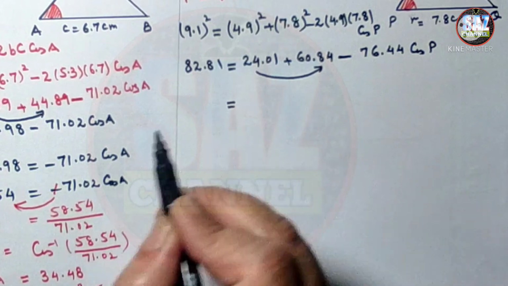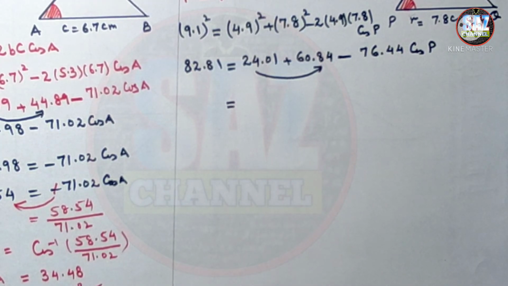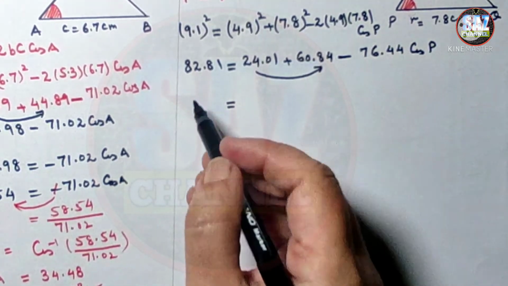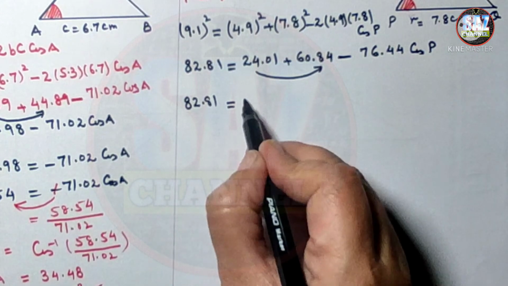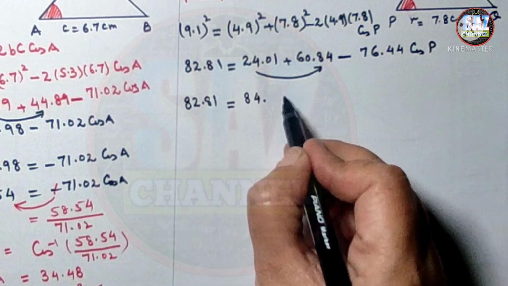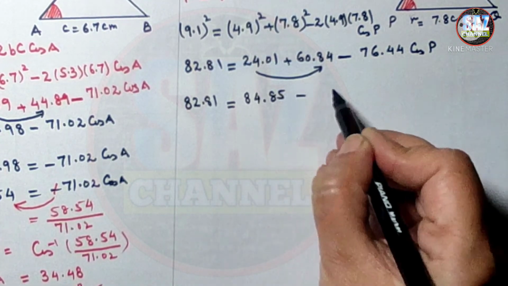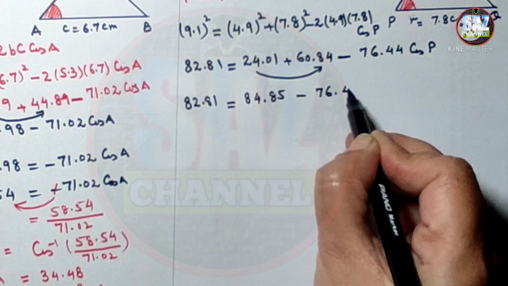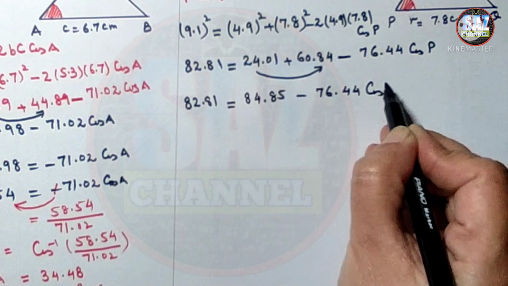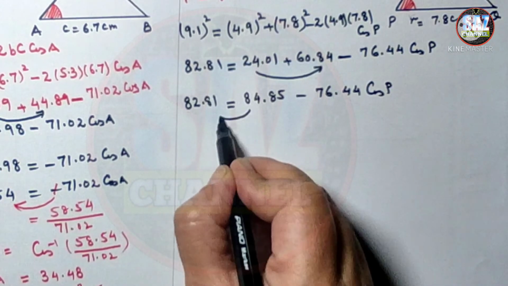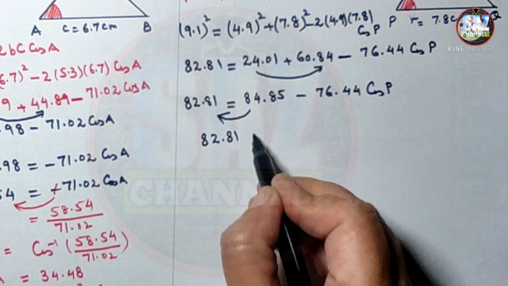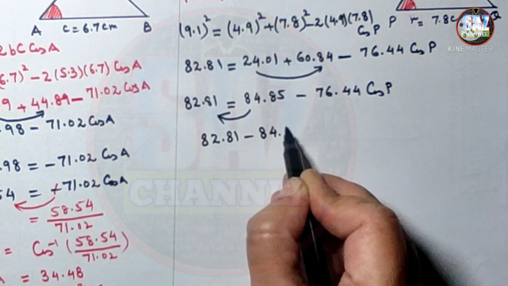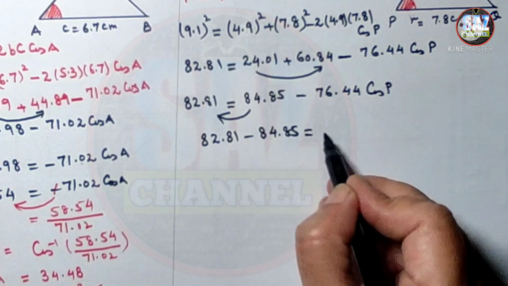Okay, this will give me 24.01 plus 60.84, 82.81 equals to 84.85 minus 76.44 and cos of angle P. Shift it towards other side. 82.81 minus 84.85 equals to minus